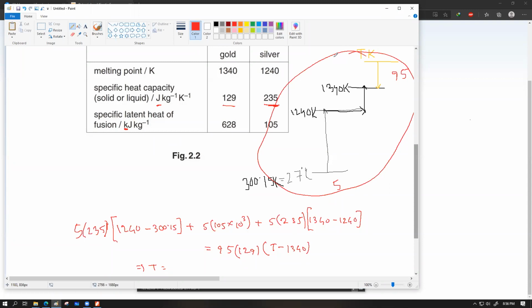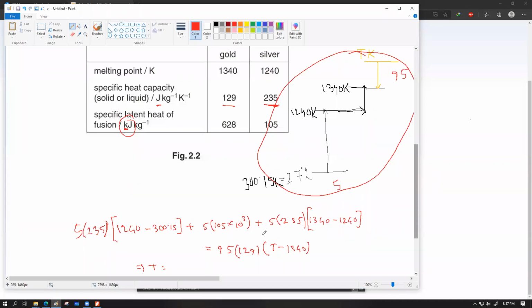But there is more catch to this. First catch, not being able to see this kilo. Second catch, messing up these numbers. Putting this in place of silver specific capacity, this in place of that, these numbers could give you quite a bit of trouble if you are not careful what you are choosing in the place of which one. So the problem is not essentially difficult, it is meticulous.